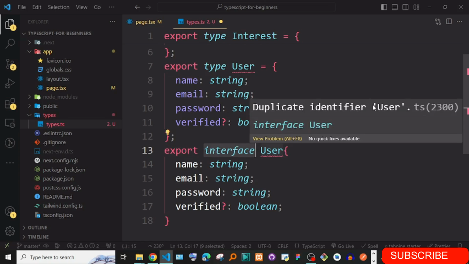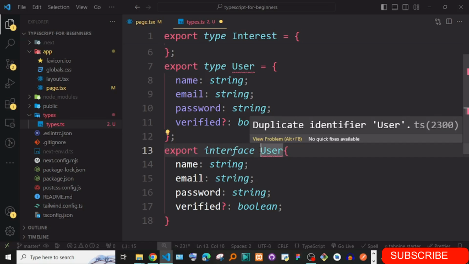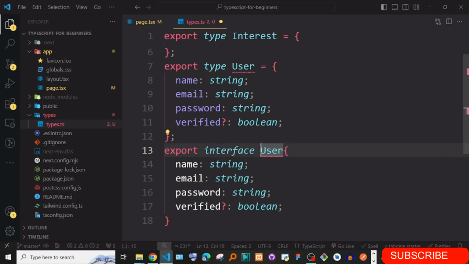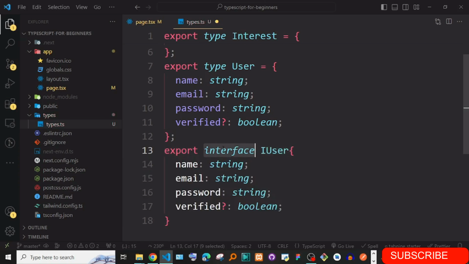Okay, duplicate identifier user. Now we normally prefix interfaces with I. It is not a must, but it is recommended by developers. Most use it so that all interfaces begin with I, to know that this is an interface, to differentiate them from types, because they can sometimes look exactly like types.